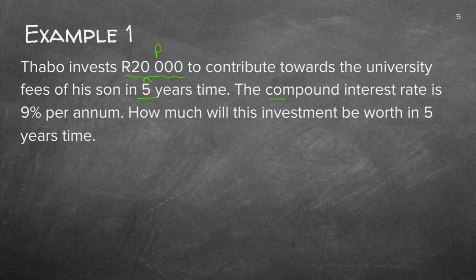Compound interest, very important, compound interest, because all our other slides were simple interest, so it was the other formula. So the only thing that differs now, it's a different formula, and the little n just jumps to the top to make an exponential equation. The interest rate is 9%, which is my i. We do not like this 9% because it's 9 over 100. We're going to make it a decimal. How much will this investment be worth in 5 years' time? In the end. So the end means the A.